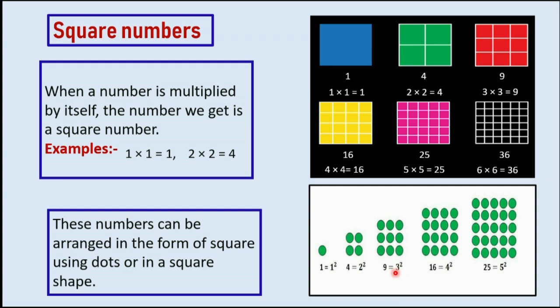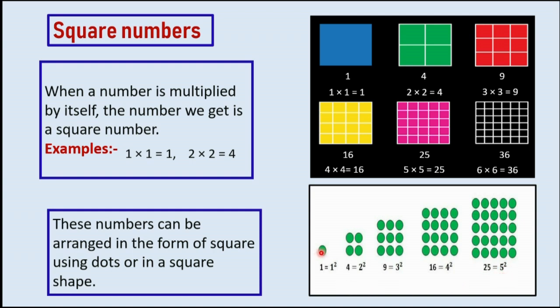2 to the power 2 is what? 4. 3 to the power 2 means 3 multiplied by itself. How many 3s have been multiplied? 2 times. So 3 will contain power 2. Here 4, the number itself has been multiplied, 4 into 4, that is equal to 16. 4 into 4 can be written like this: 4 with 2 above it, which means square. 4 to the power 2, 5 square.